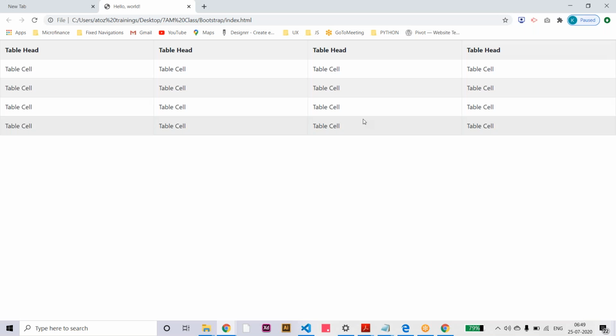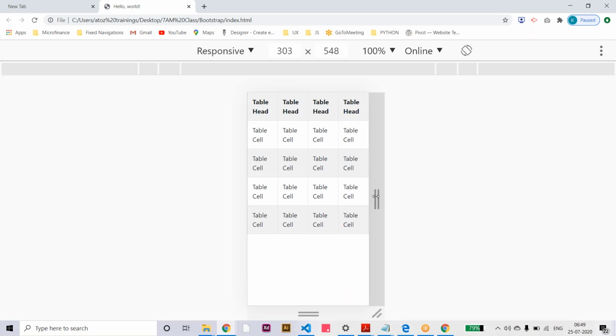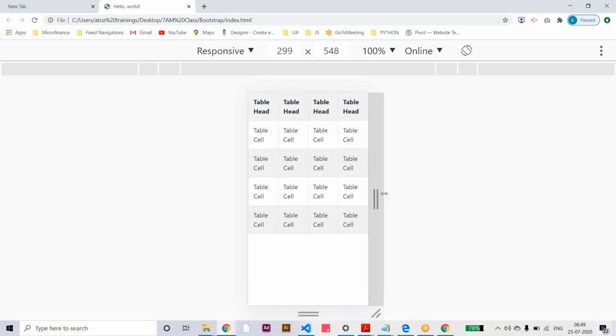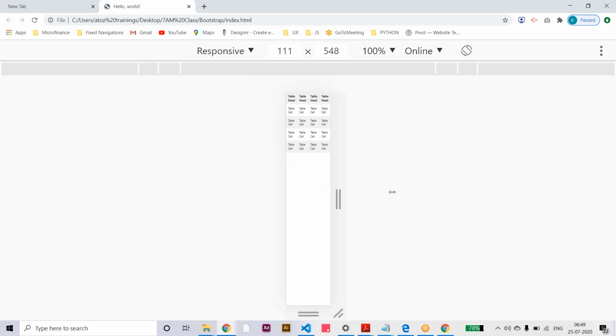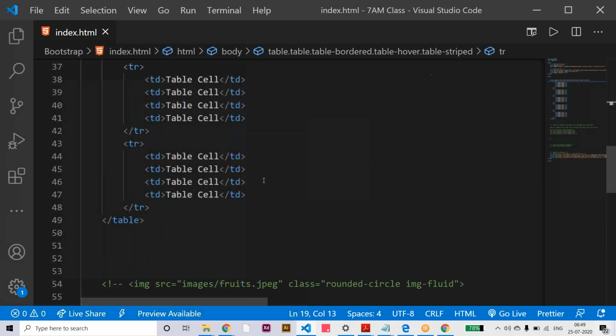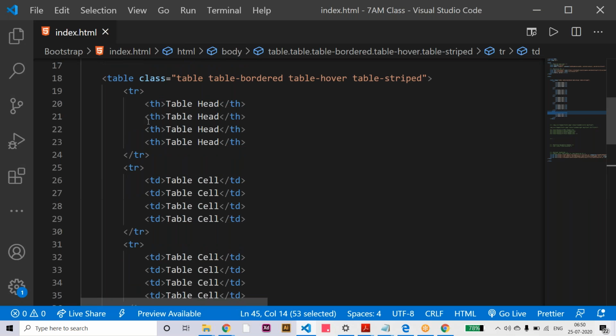Now it is not responsive. Let me check this. Let me increase some rows and columns, let's say table head.